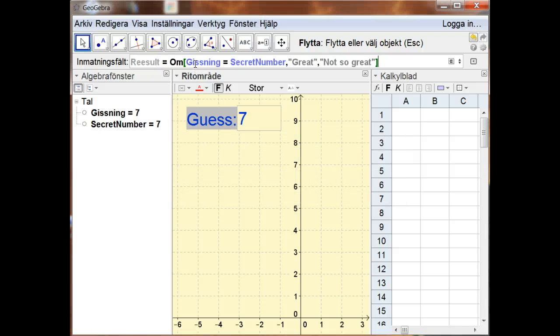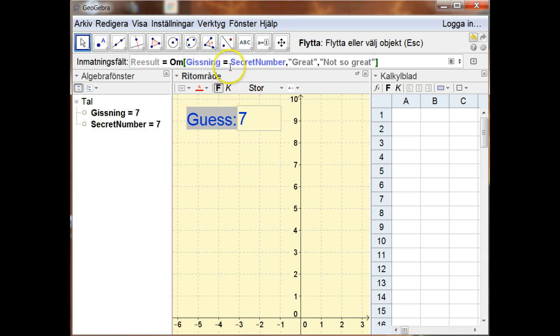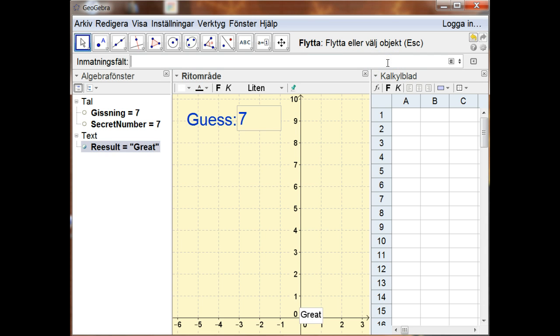And it gives an error message there. When you get this particular error message, invalid equation, please give a linear or quadratic equation in x and y, it's actually because sometimes you need to say that this is not an equation, this is actually testing if it's equal, and then you have to have two equal signs. So if you have that, it will work fine, and it will produce the text down there at the origin,